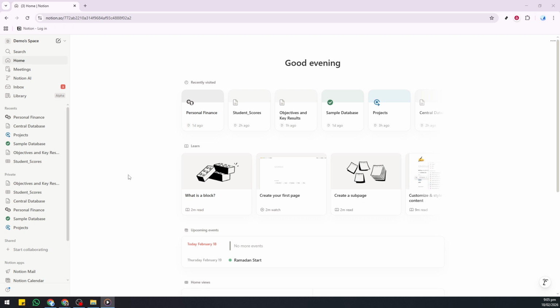Start by heading to notion.com in your browser. Once the page loads, look for the Login button at the top right and click it. On the login screen, choose the Google option. This signs you in quickly without creating a new password. When your Google account chooser appears, select the account you want to use for Notion. If you use multiple accounts, pick the one you'll keep for your career documents so everything stays organized in the